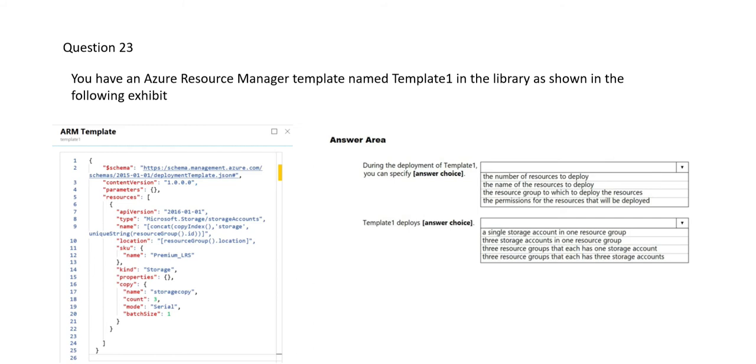See, I don't have a keyword here because it's a very small question. So the keyword mostly is in this ARM template. So basically this is an ARM template. So what is an ARM template? It is very easy. Suppose you are in a dev environment, you deployed resources. Suppose you needed Azure SQL Server, you needed a VM, you installed some software on the VM, maybe Informatica or Tableau on your VM.